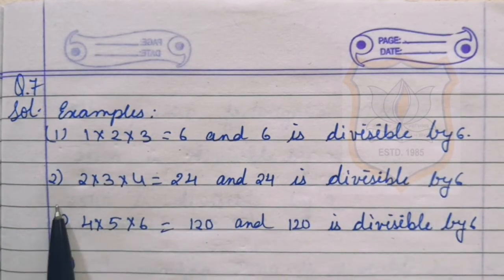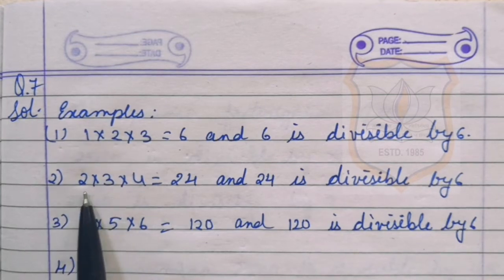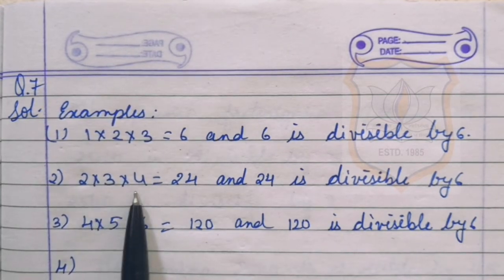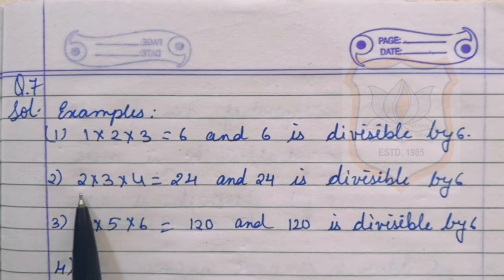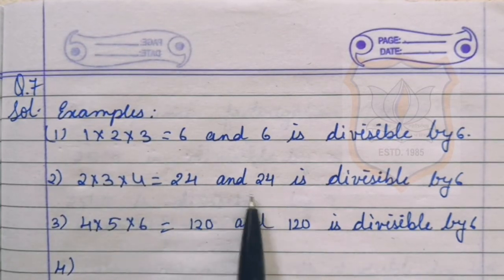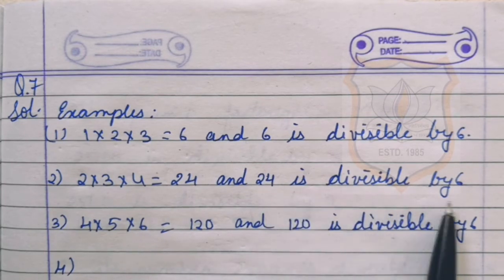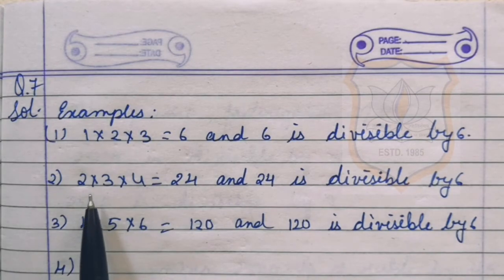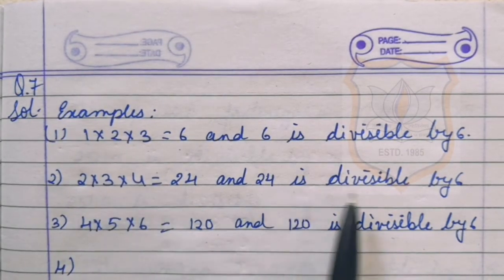We will take another example. Example number 2. If we multiply 2, 3 and 4, 2, 3, 4 are also consecutive numbers. If we multiply them, 2 3s is 6, 6 4s is 24, and 24 is divisible by 6. So the product of three consecutive numbers is divisible by